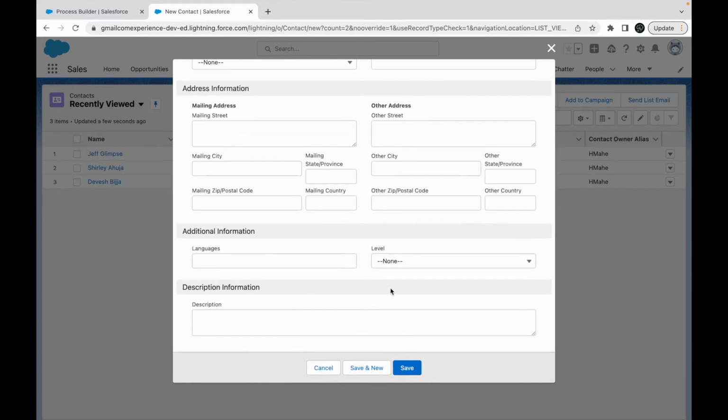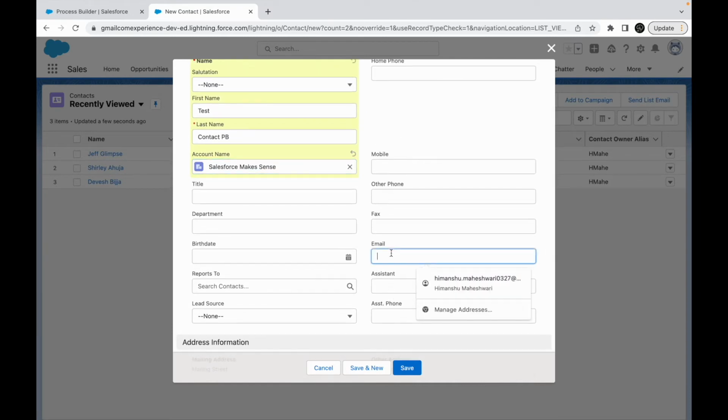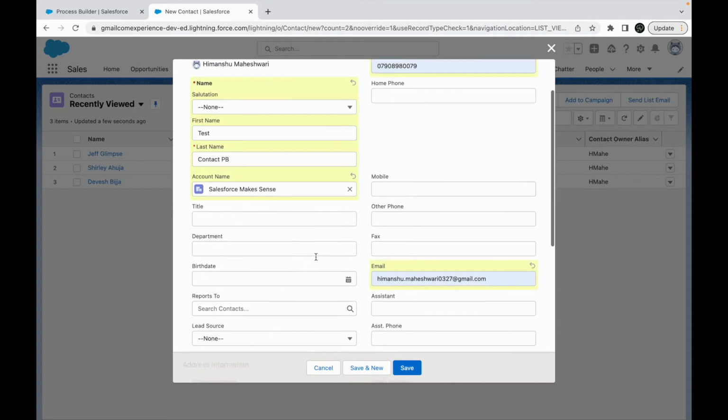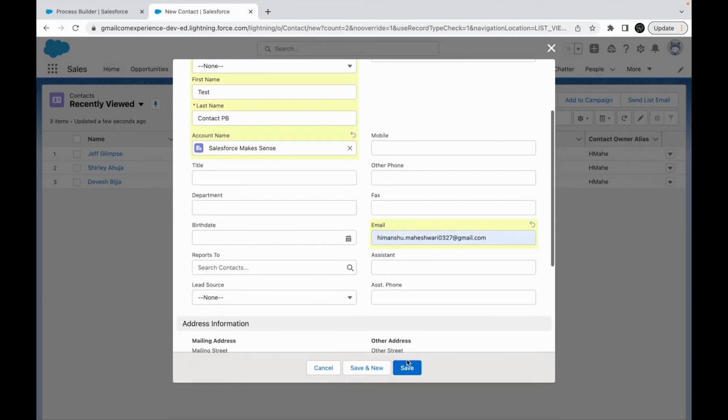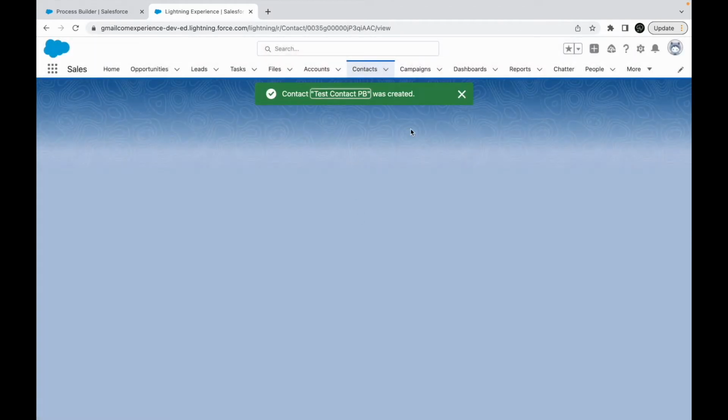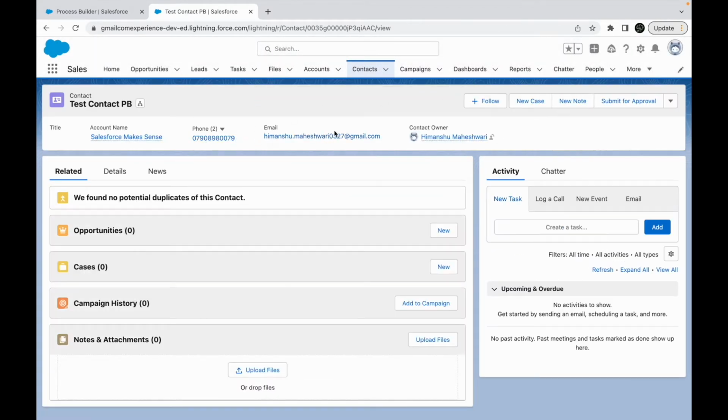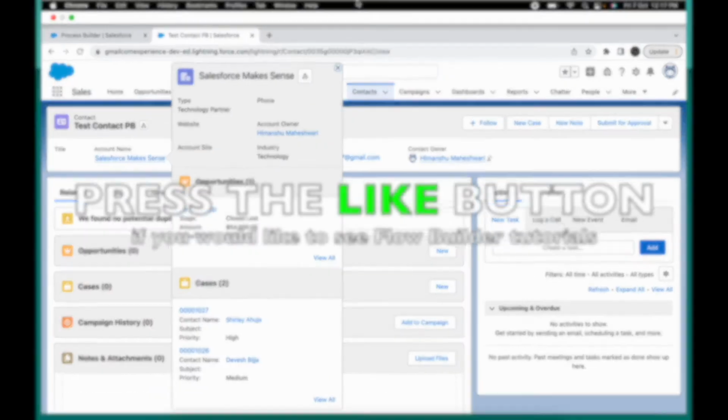I don't think so. I think I need the phone and email, right, so that it can be shown to them. So I'll fill in this information here for the email. And what about the phone field? It is this number right here. Okay, let's click on save. So once I click on save, my contact record is created and I should be receiving an email on the registered email ID. Let's take a look